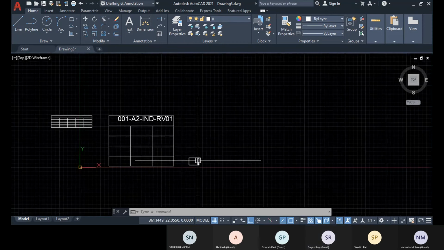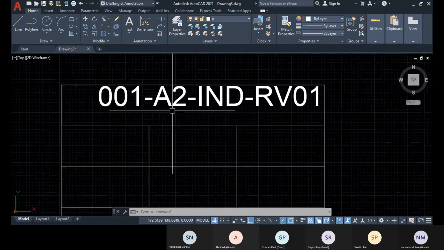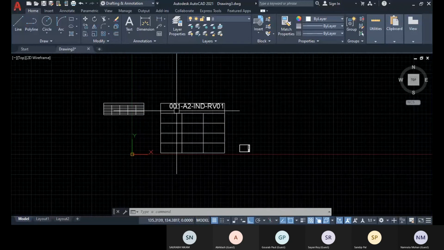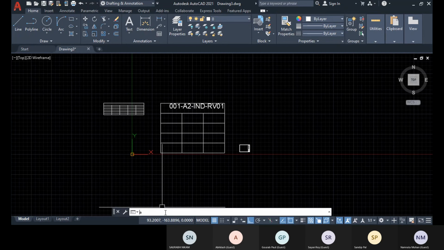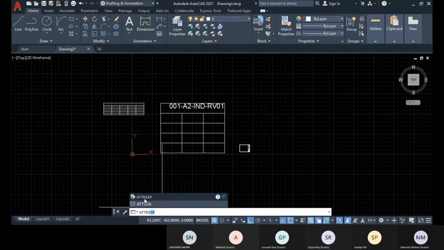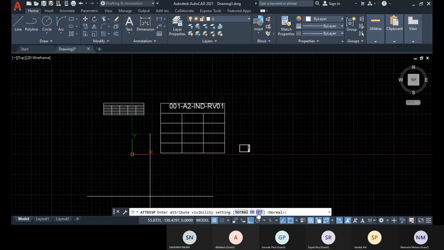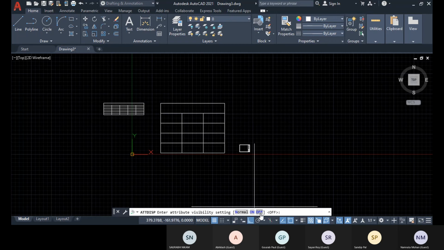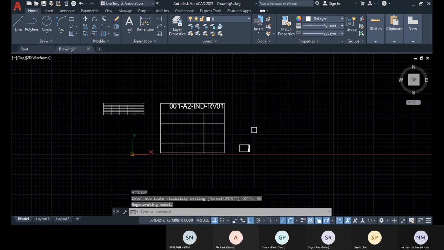So today I have to cover one more thing, that is controlling the display of your attributes within your project. The ATTDISP option is there, and if you turn it off, you can see the drawing without the attributes, and you can turn it on again.